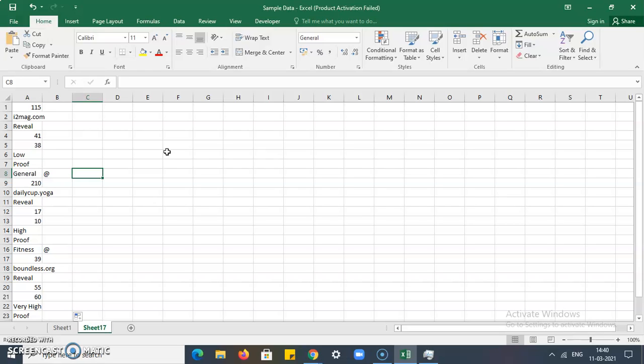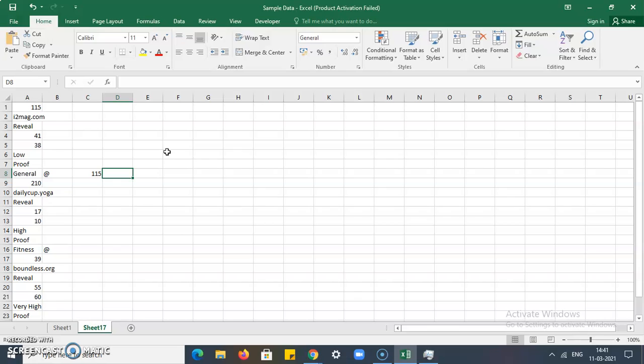You apply the formula after that particular number of cells. To apply this formula, I'm typing equal to A1, because my data is in the A1 cell,